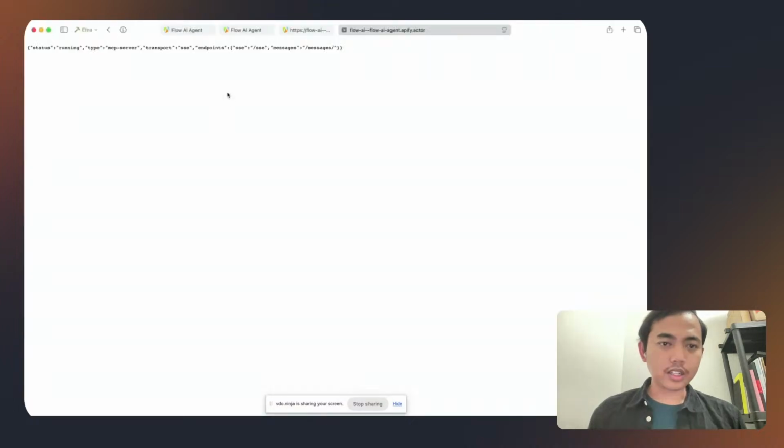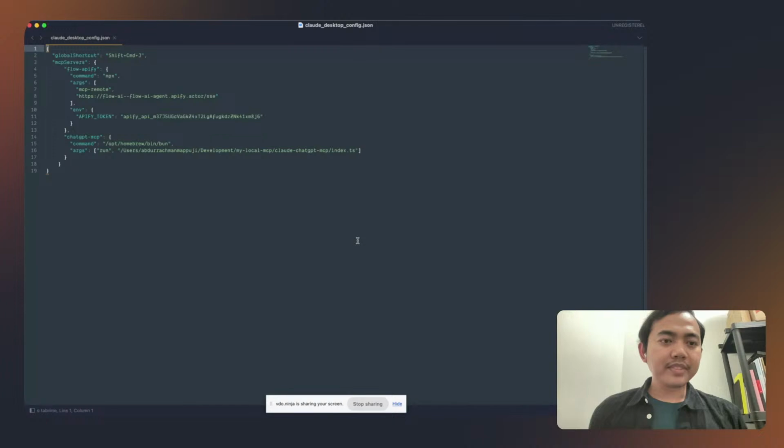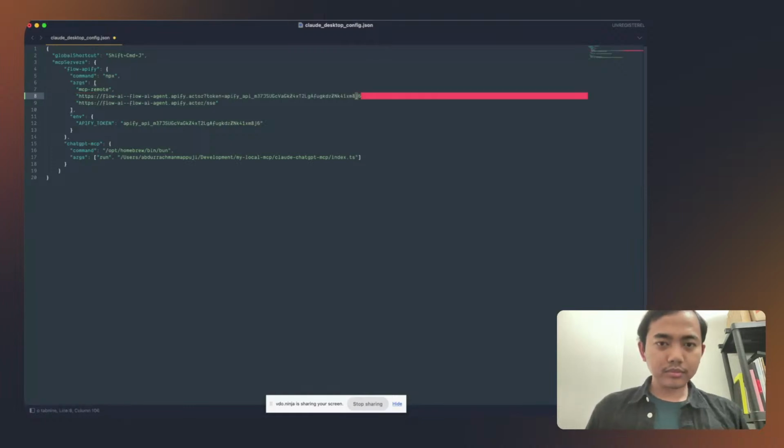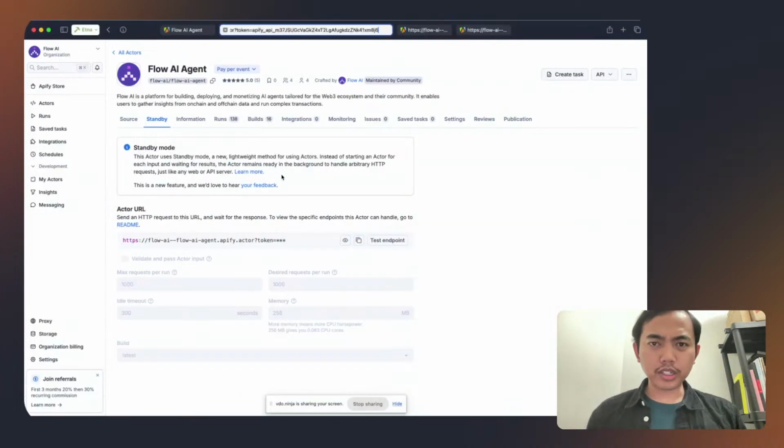Okay, now I will open this part again. Yep, I save. The token is the same, right?